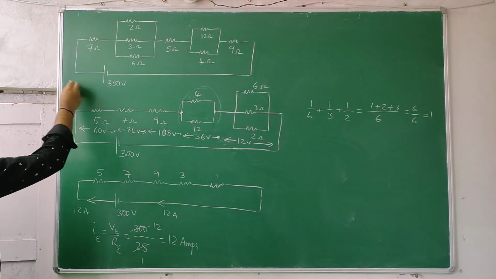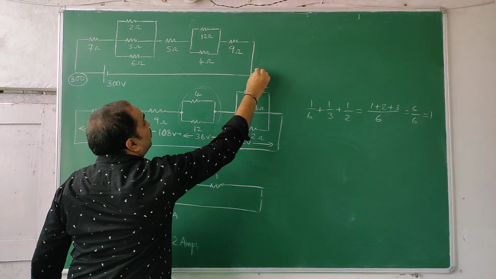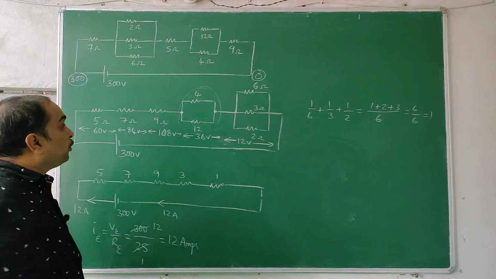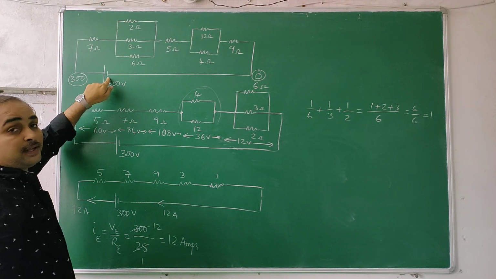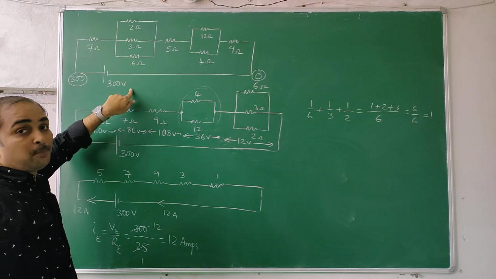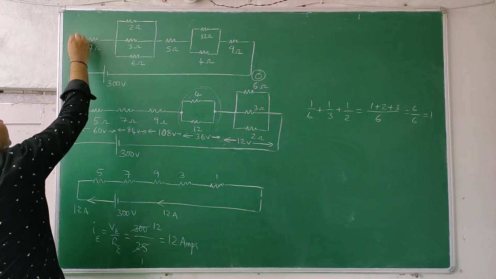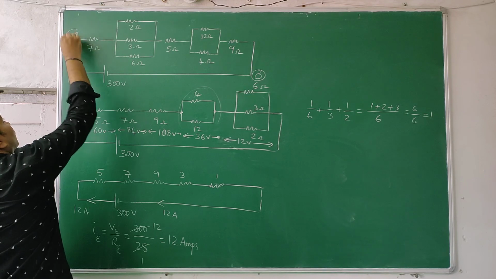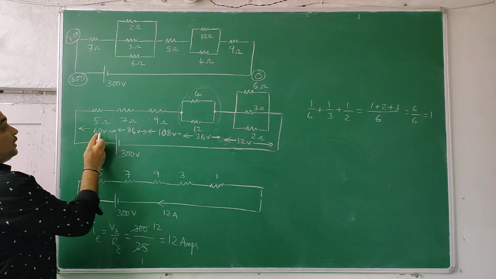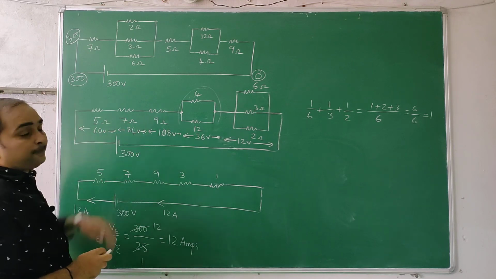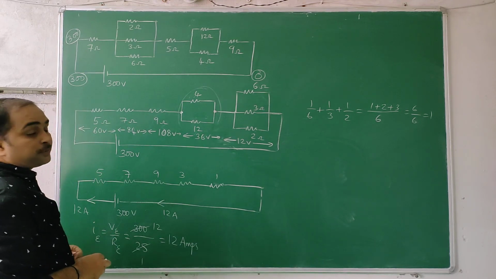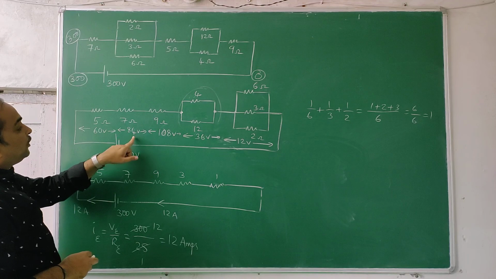This point will be at 300 volts. This last point will be at 0 volts, as I told you in the previous problem. So the bigger dash you can take as the total value and the smaller dash you can take as 0. The difference comes out to be 300. That is called potential difference. So here it is 300. This point will have 300 volts. From that, as it comes out of 7, how much does it drop? So here 7 drops 84.